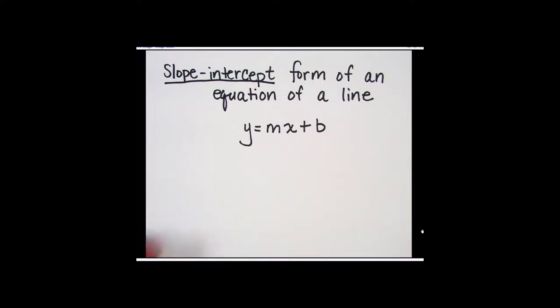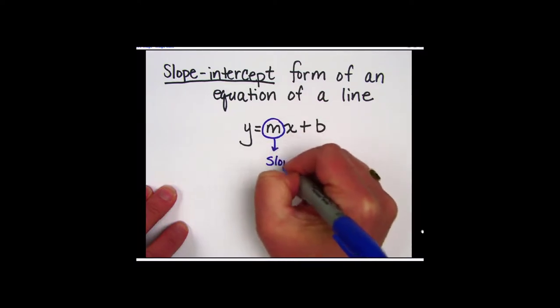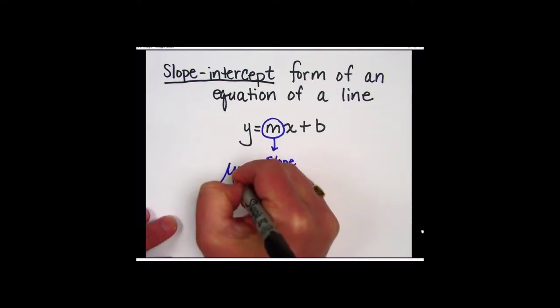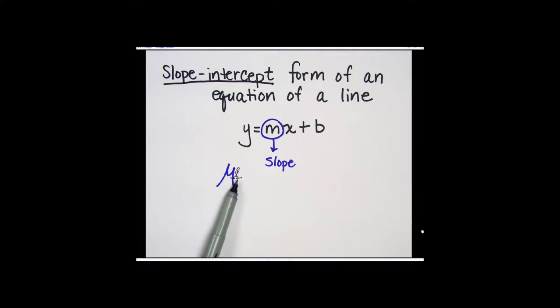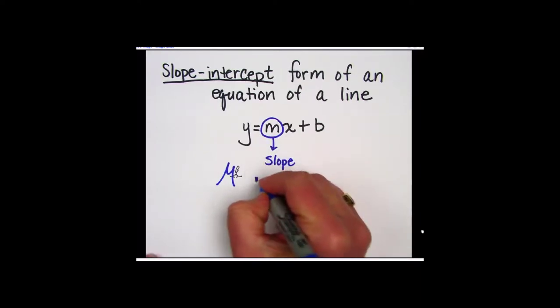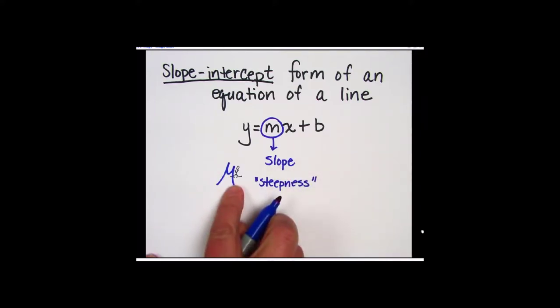Now we call it the slope-intercept form because m is our slope. And the way I like to remember that is m stands for mountains, and we ski down. This is me. All right, a mountain slope. So m is our mountain slope. And actually, I just fibbed a little because I only fall down a mountain slope. All right, so this describes the slope of our line. And again, we can think about the steepness, just like we're thinking about a mountain slope, the steepness of the line it will describe.